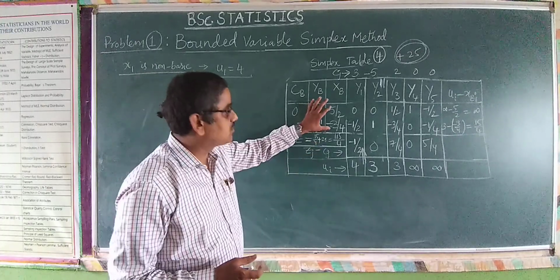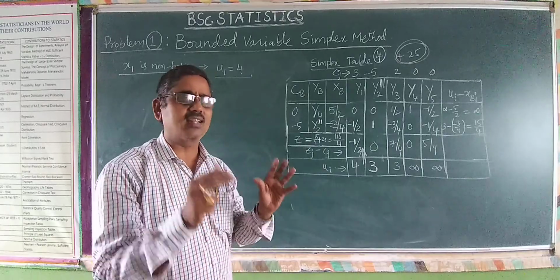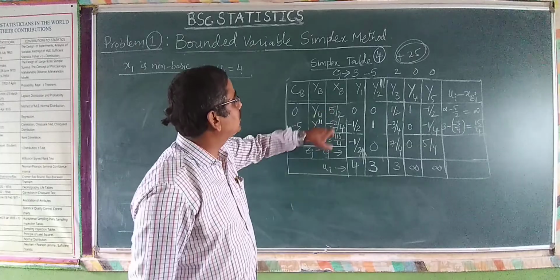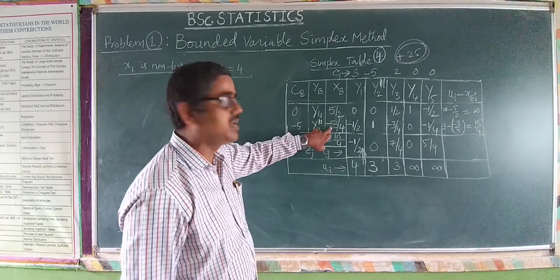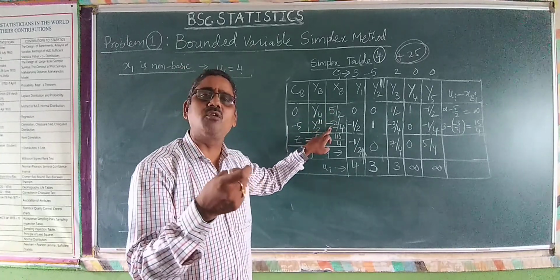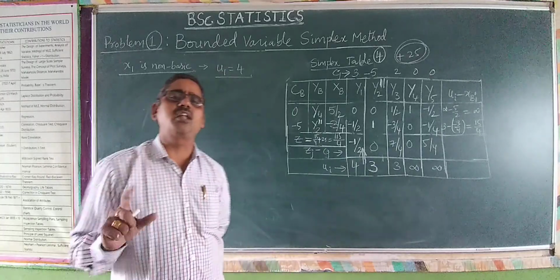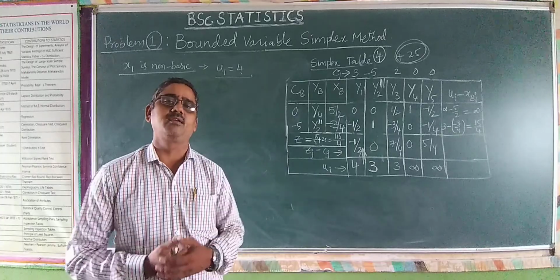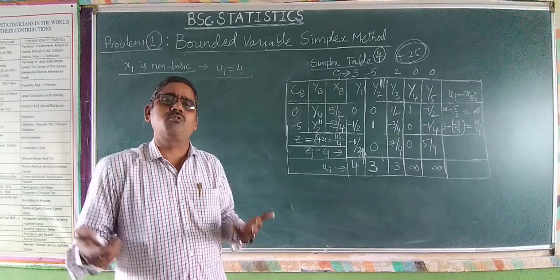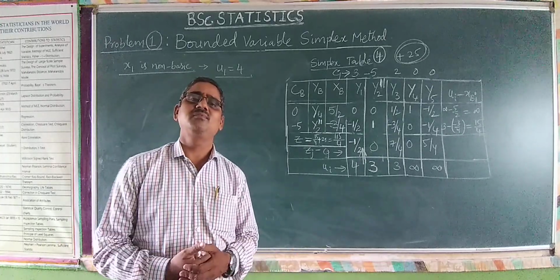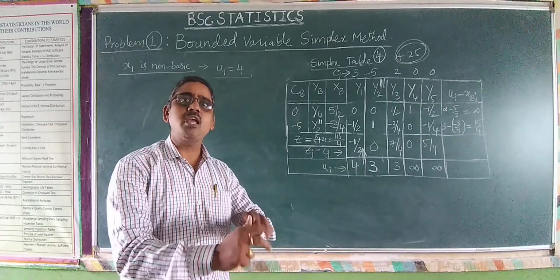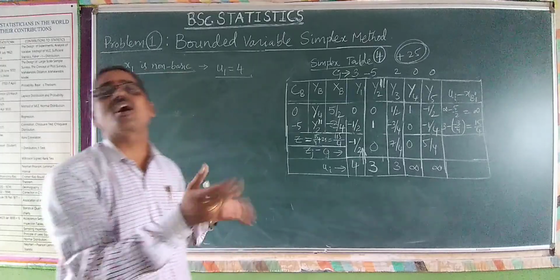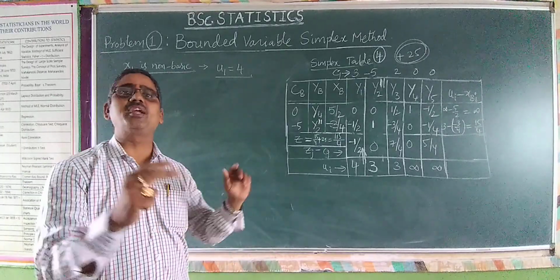Whenever we do this, the basic variables must be updated. You see here, that is my point, it is unusual: 5 by 2, minus 3 by 4, a negative value. That cannot be considered in any particular solution of the xbi. The solution of x should not be negative. So therefore the values must be updated. That is only what we are doing. That is nothing but substituting it at its upper bound.